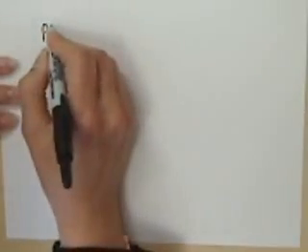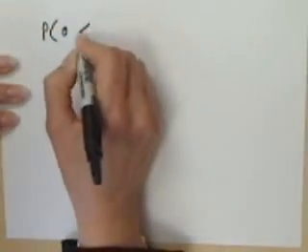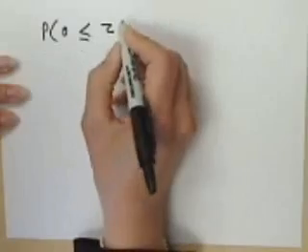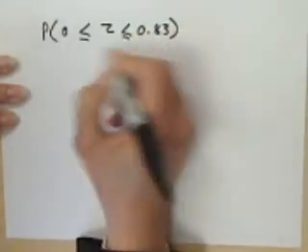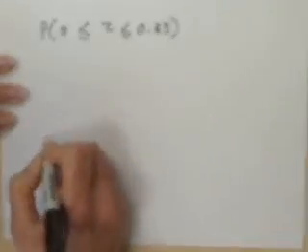Today I'm going to show you how to use the normal distribution, the standard normal, to solve problems. Let's start with this problem. Probability that z is less than or equal to 0.83 or greater than 0. Graphically,